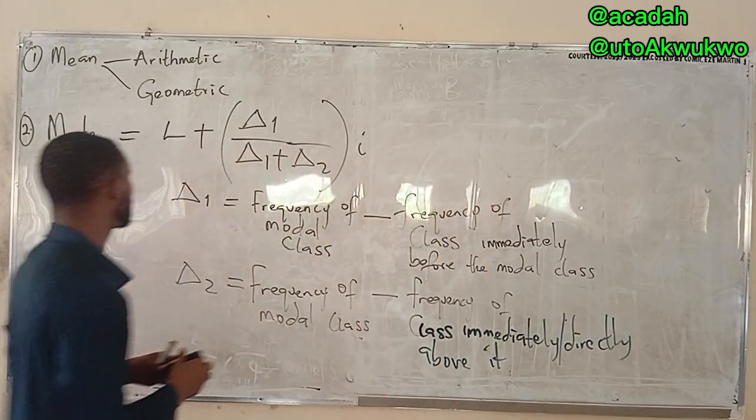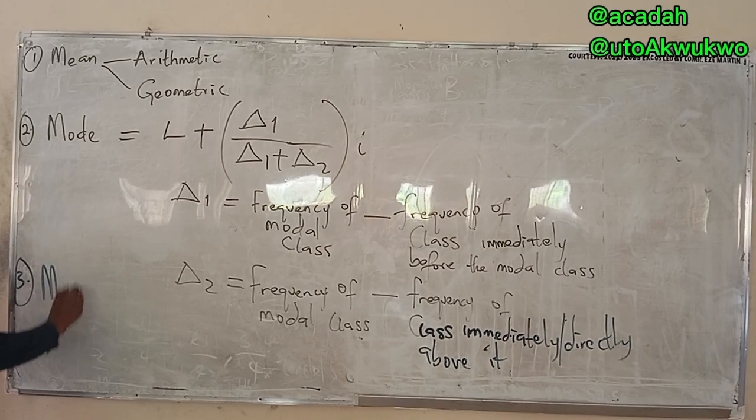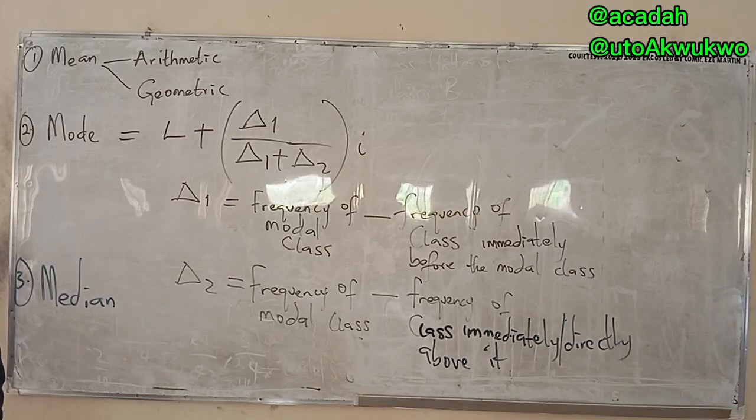So let's start taking examples to make more sense. Then the next one is median. I'm already giving you the formula for this one. Median is a statistical method that looks at values above the data equal to the values below the data. Anytime I'm looking for the value that gives me equilibrium for data above and data below, we are talking about median.